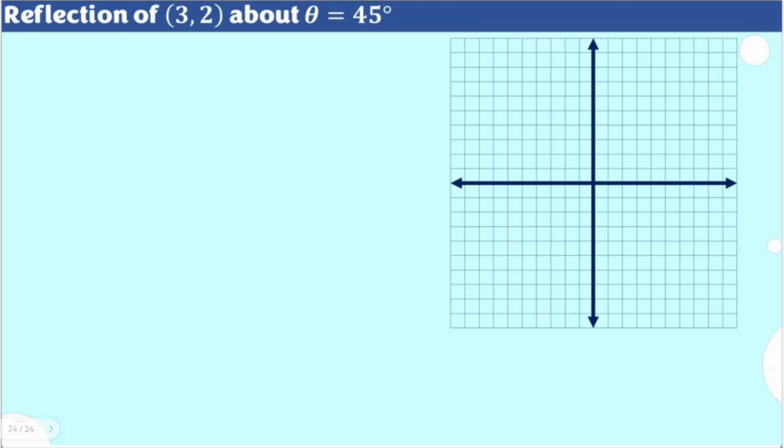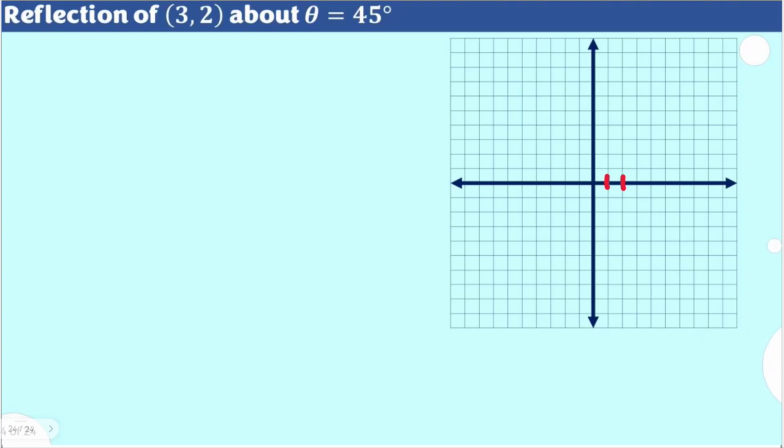For this video, let's try to identify the reflection of point (3, 2) about the angle 45 degrees. I have here a Cartesian plane, and we are going to verify the result of our formula later using the graph in this plane, so that we could actually connect it with some concepts necessary to understand this item. So if we're going to plot (3, 2) on our Cartesian plane, considering that each grid is 1,